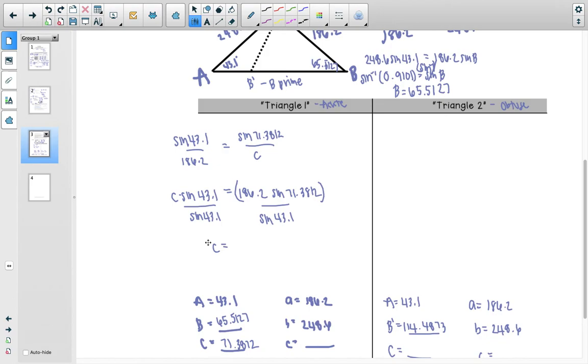Since my answer key is a little off from what I'm doing here, I have to actually calculate it, so bear with me. Divided by sine of 43.1, you get